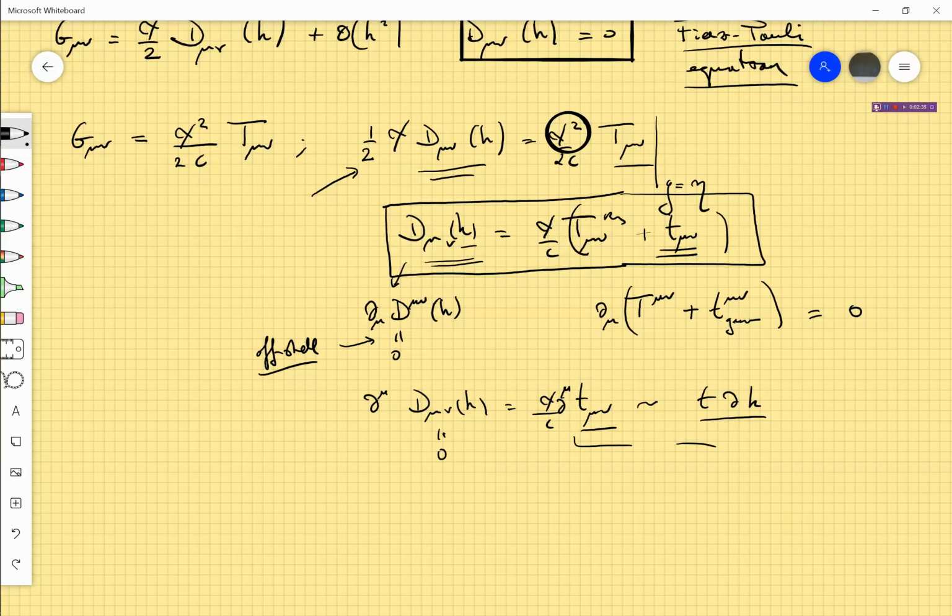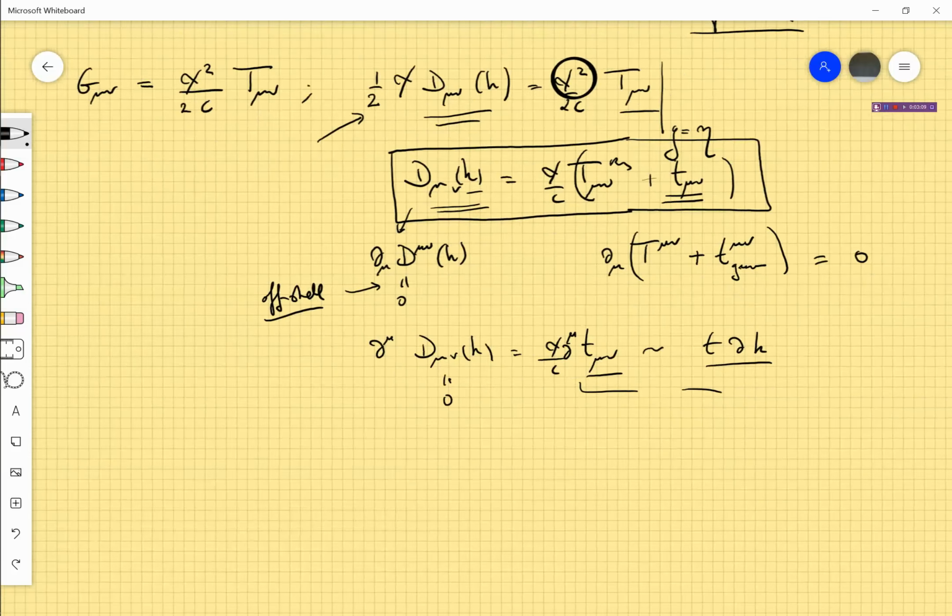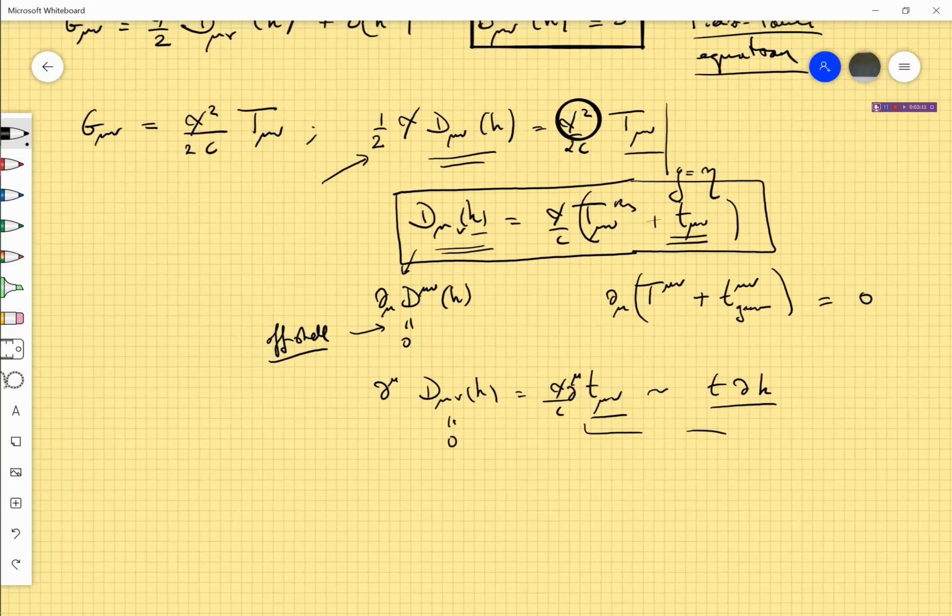And the moment you take into account the interaction, the equation that you get just for the gravitational field is not consistent as it is, and in order to make it consistent, you are forced to introduce further terms, and you go back to general relativity. So the special relativistic theory of gravity, which is consistent, is essentially equivalent to general relativity written in some different variables, which are these h mu nu. This is something very nice, and it is a result that has been discussed in the literature. I can give you references if you want about it, but this is all we are going to say about it.